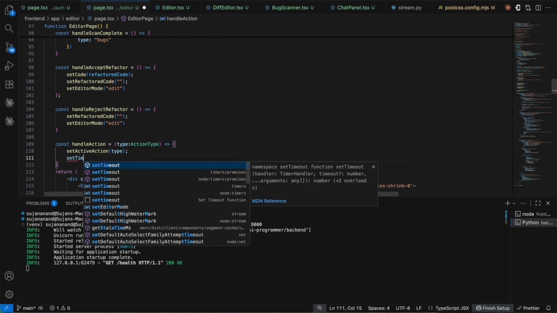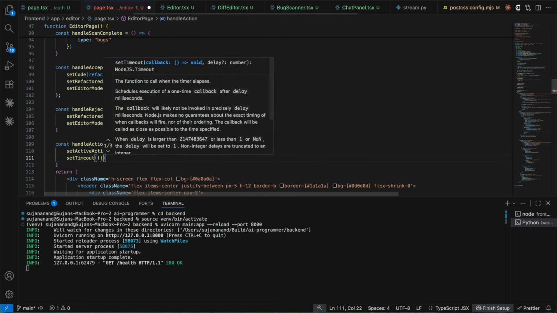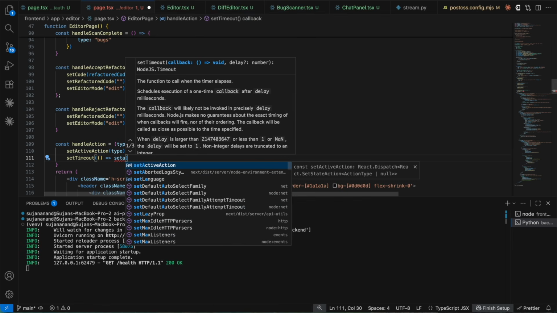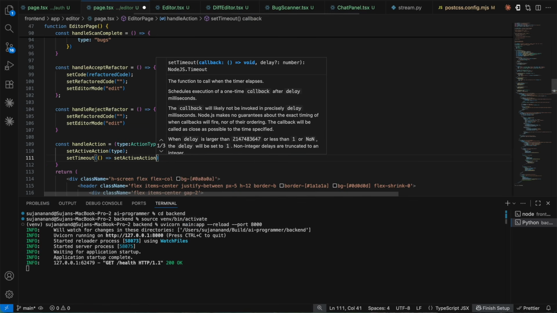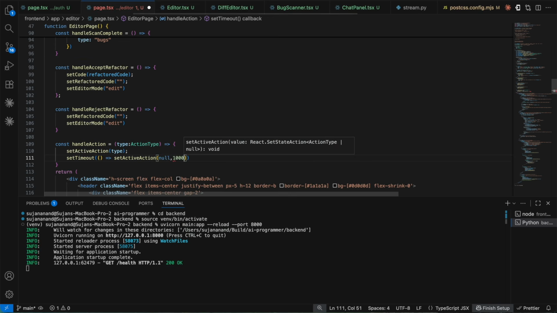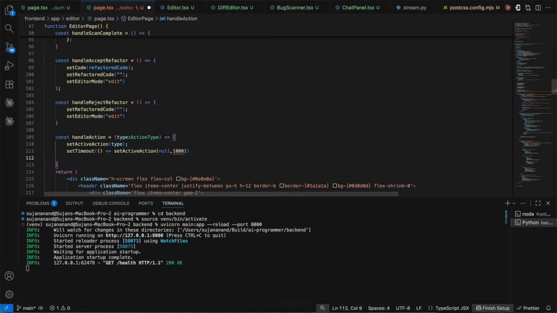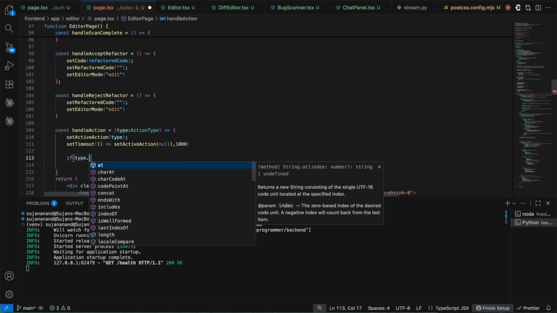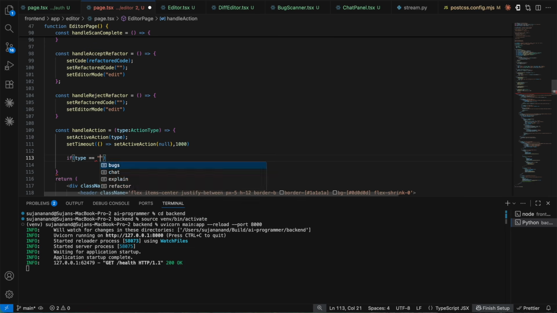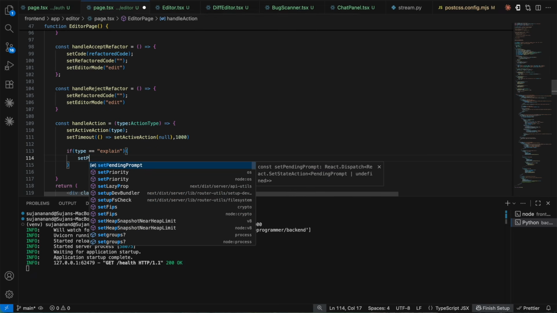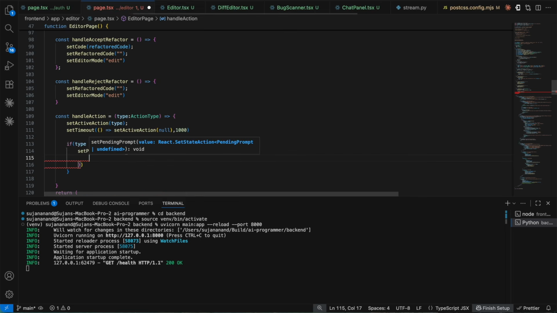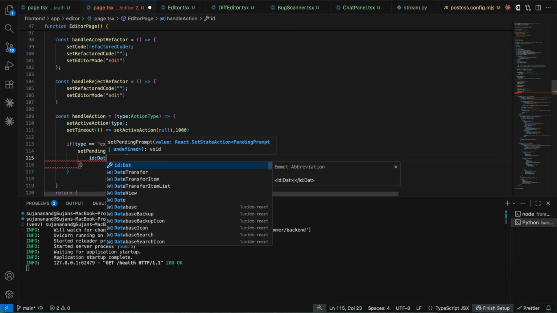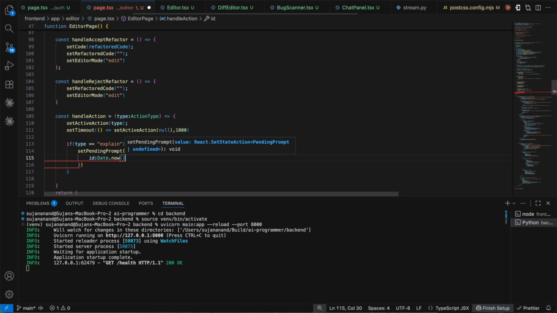Okay, and I'm going to say set timeout, set the active action to be of null after a second. Okay, so this should come over here. Apart from that, check the conditions stating that if at all the type is going to be equals to your explain mode, then here I'm going to say set pending prompt to be of the id, that is going to be your date dot now,